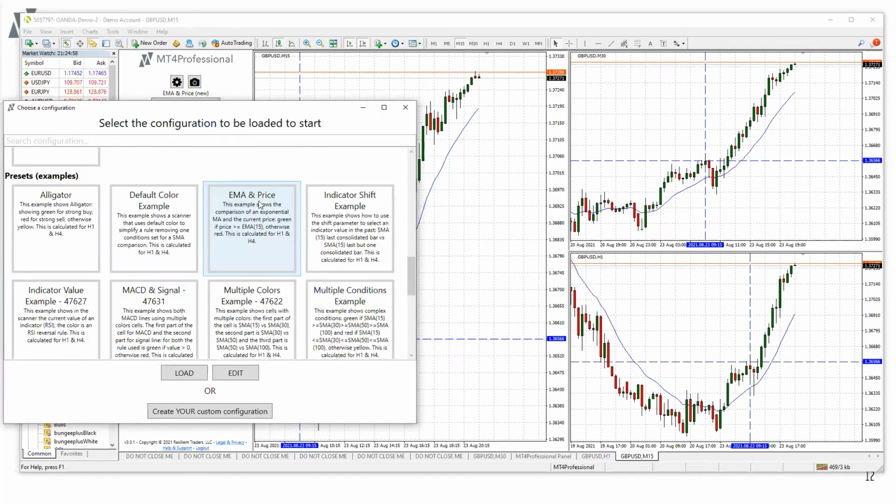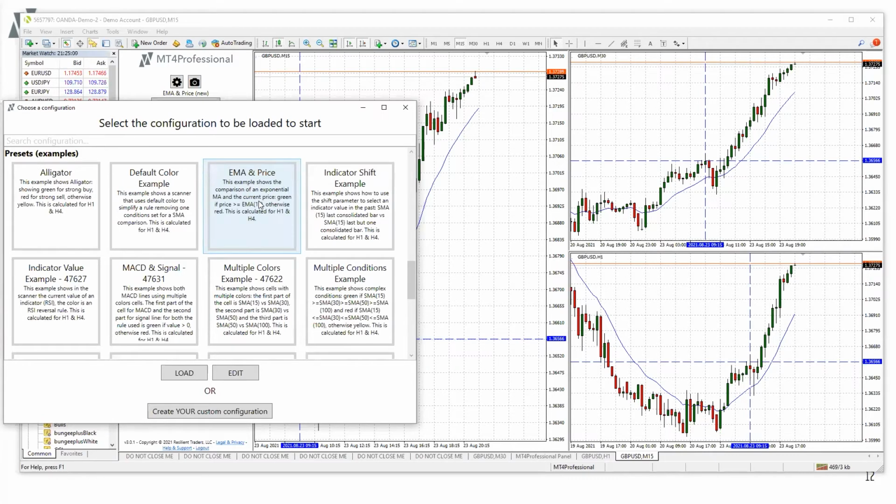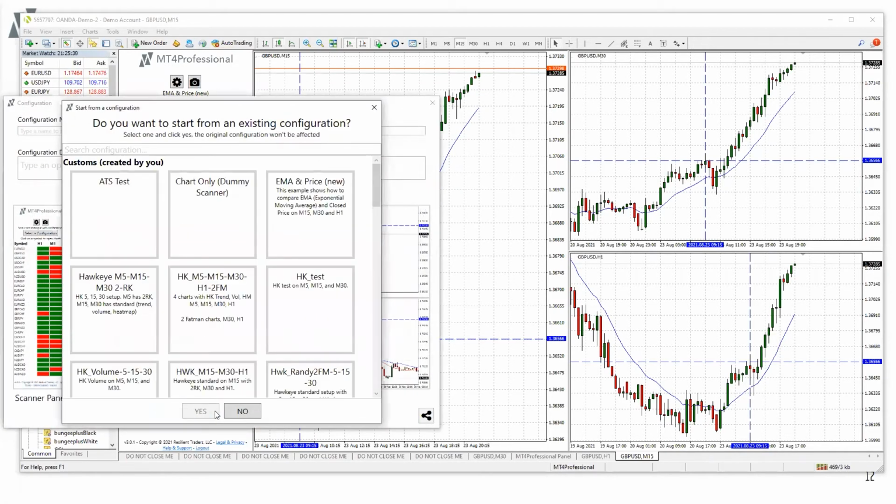So to start your own, the first thing you can do with any of these is that you can load them. Notice the edit button is grayed out because you can't change any of the presets. These are like templates that you can use. You can load them to look at them to see what they are, and if you like them, you can use it. But in order to edit or create or change them to your own, then you have to create your own custom configuration. So you click this button down here on the bottom, and then it says,